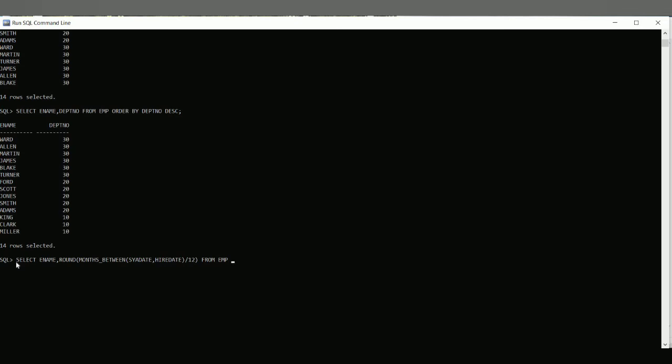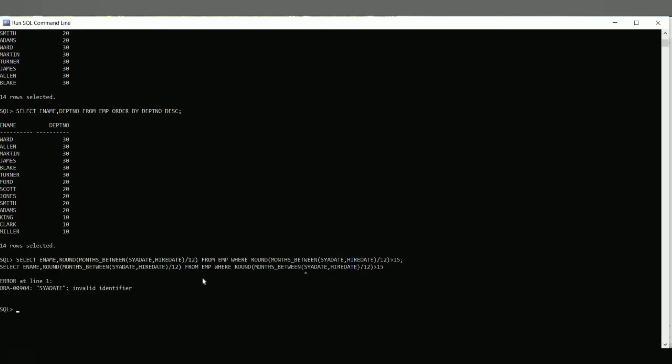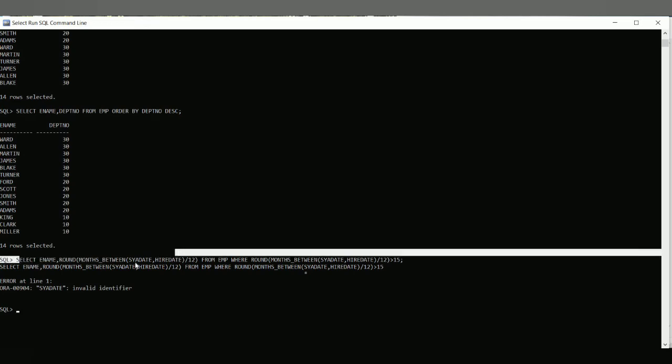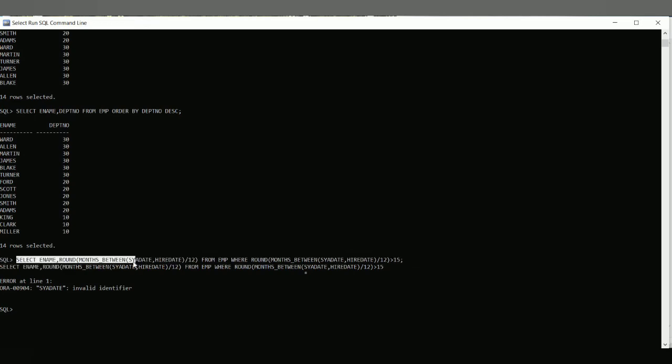From the employee table, where the condition is the same. Control C, Control V, greater than 15 years. Sysdate, spelling mistake.